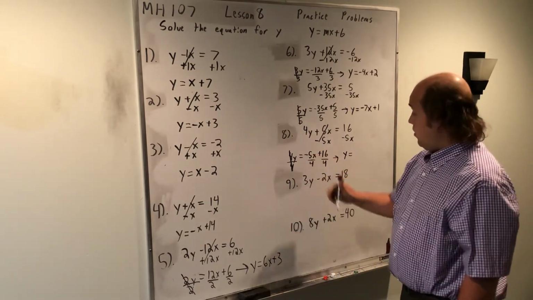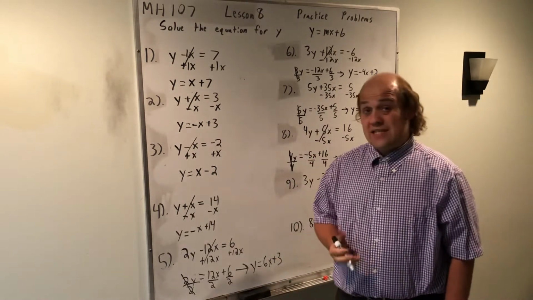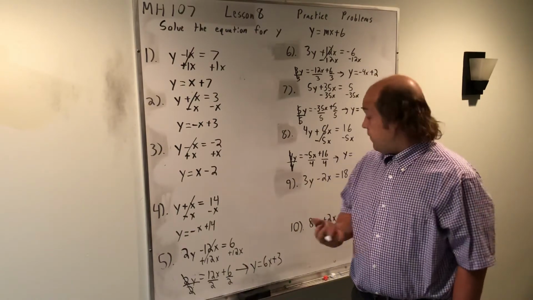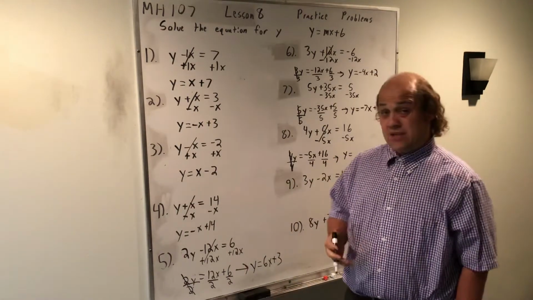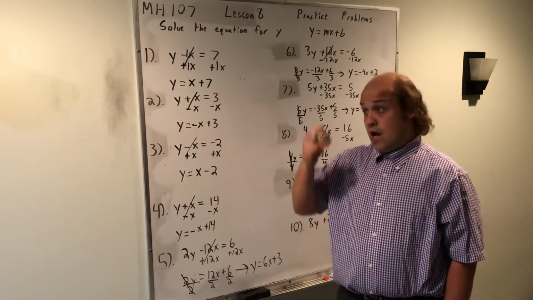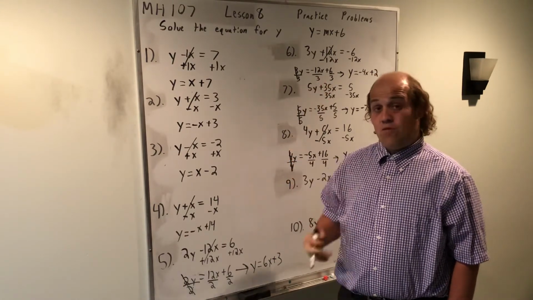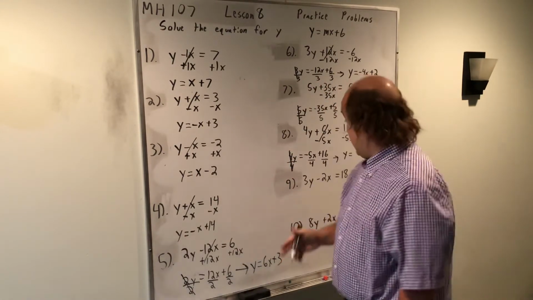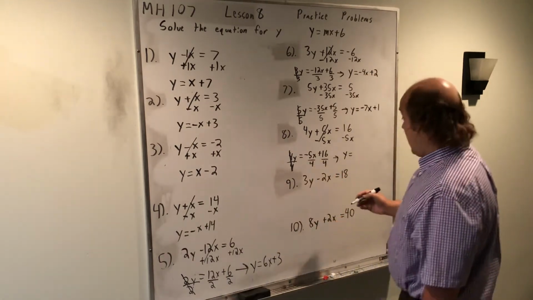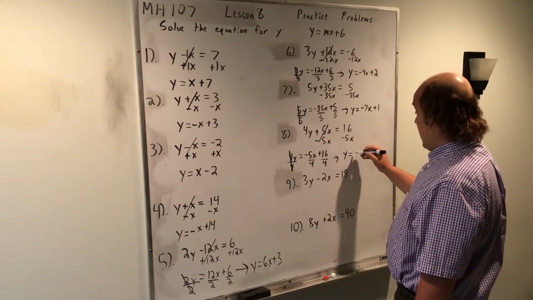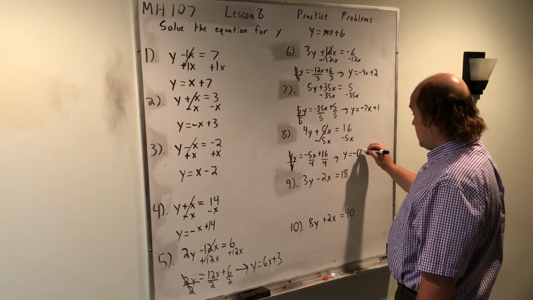When I consider the x term, I really want to see, can this be reduced? So if instead of negative 5 over 4 it had been something like negative 6 over 4, I'd want to say, well, 2 goes into both 6 and 4, so I'm going to reduce that fraction. In this case, I can't reduce negative 5 over 4, so I'm going to leave it as negative parentheses 5